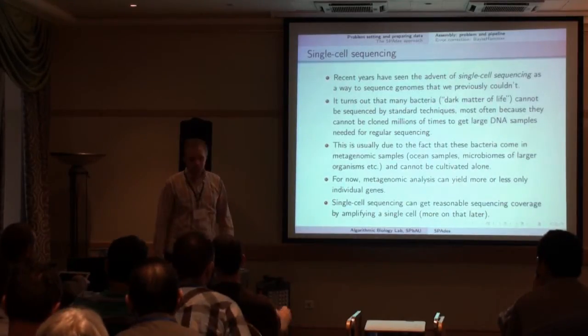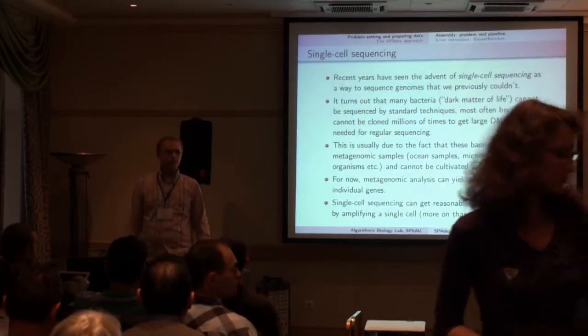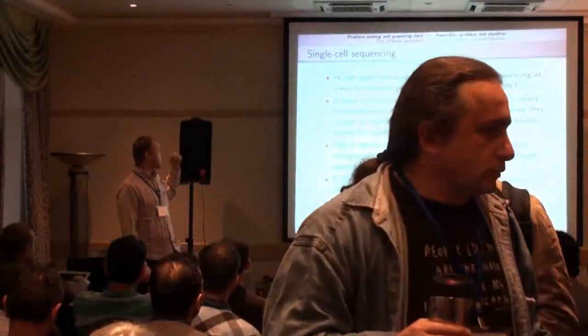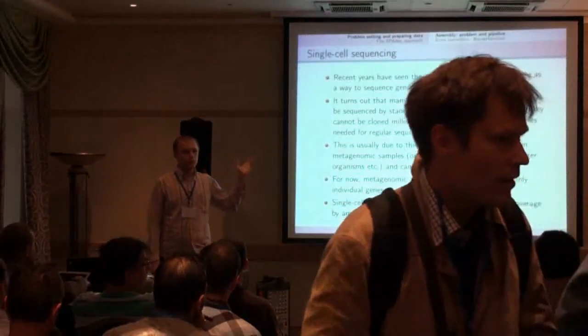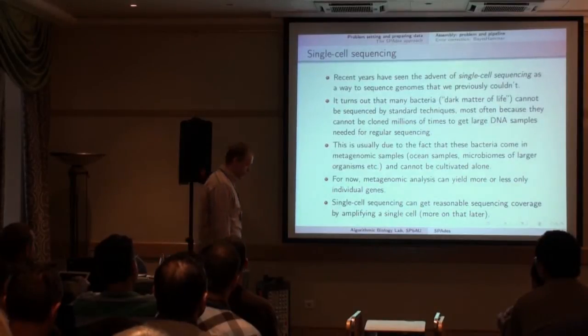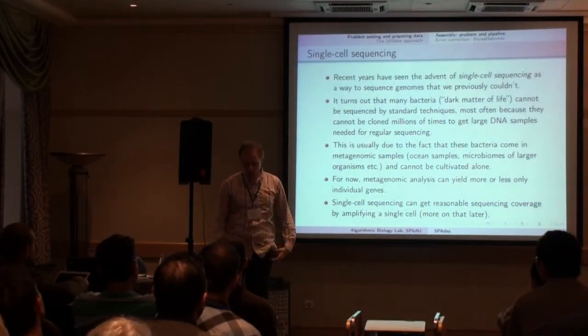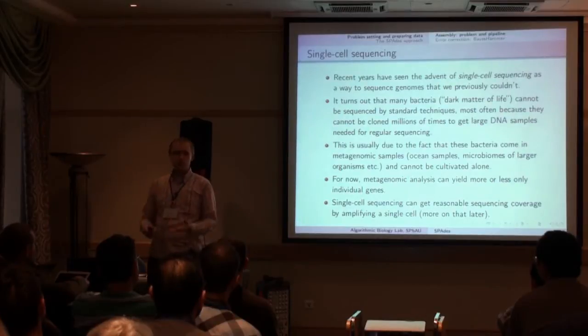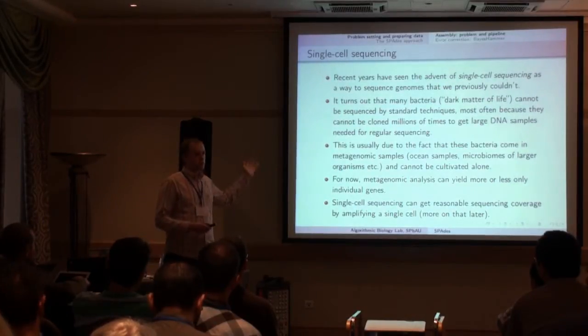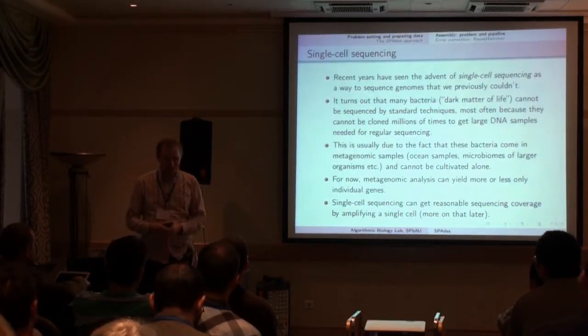So SPAdes was initially conceived as an assembler designed to handle single-cell sequencing projects. And single-cell sequencing is a way to get genetic information that we previously had not been able to get at all. It turns out that many bacteria, which have been